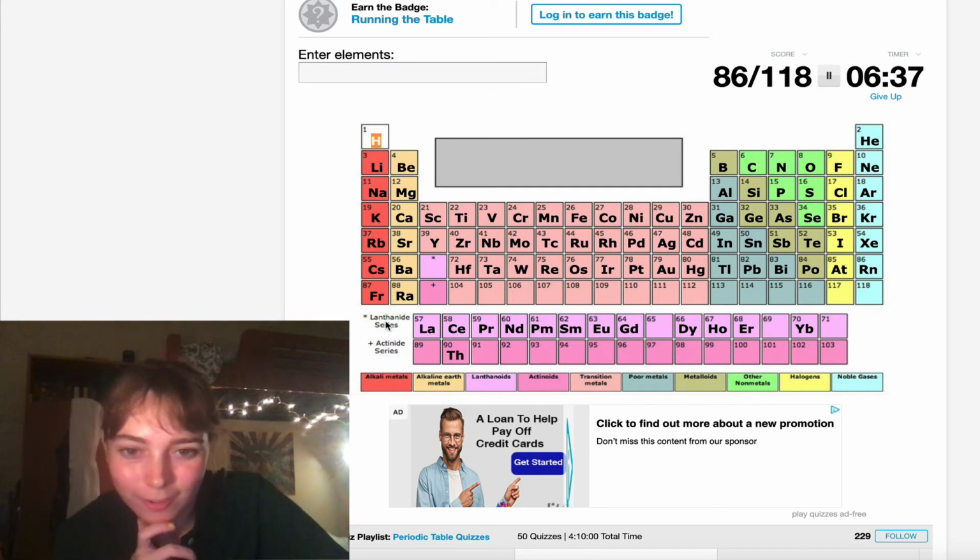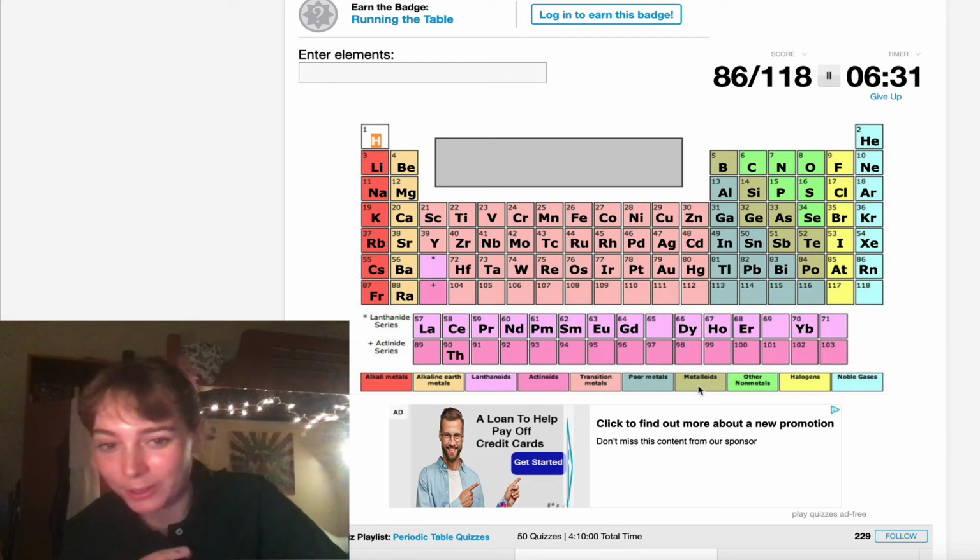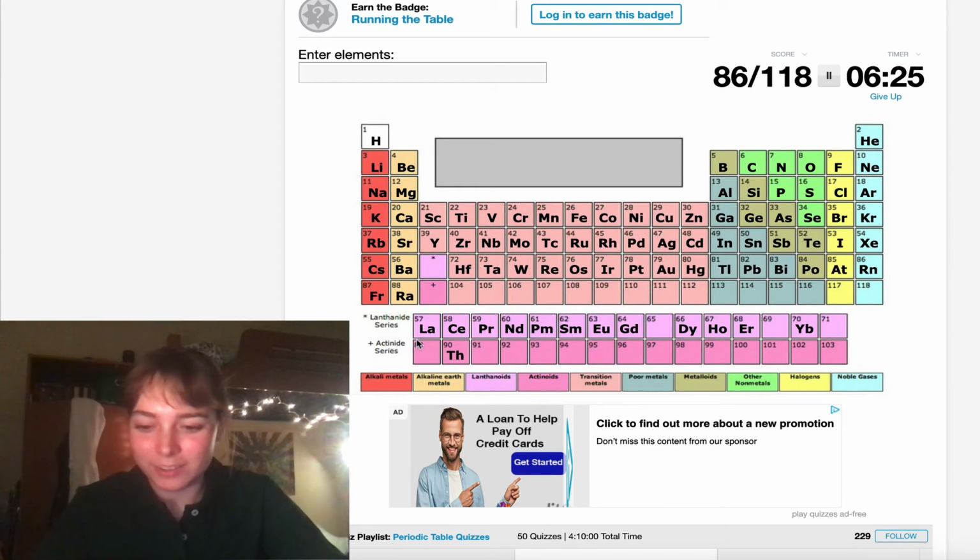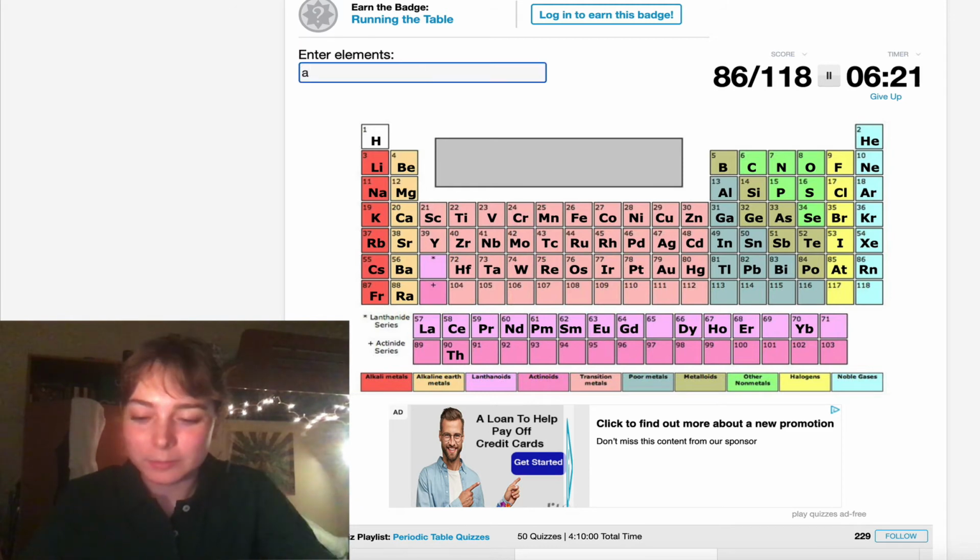So this also scares me. We're nearing the end. We did pretty good so far, better than I expected to do. So let's just see if we can get these actinides down. Actinium is obviously the first actinide. Actinium, thorium, protactinium, uranium, neptunium,